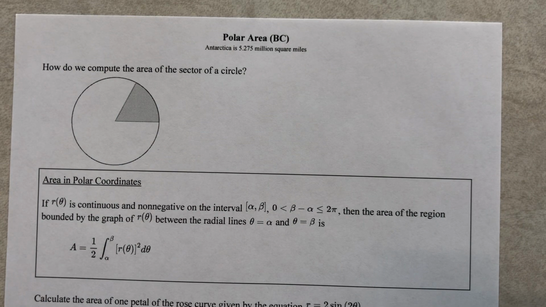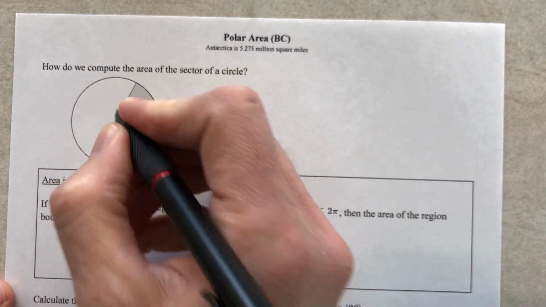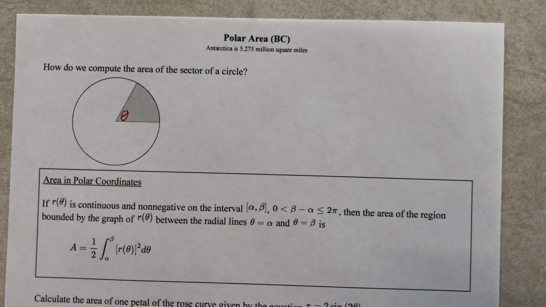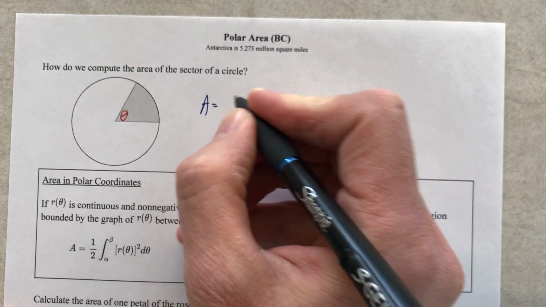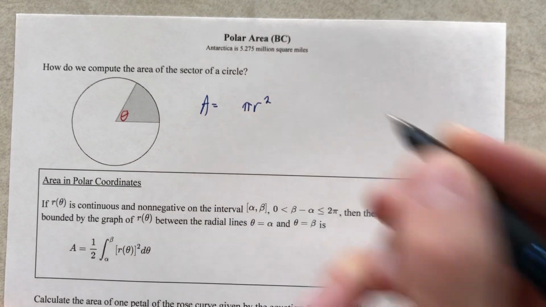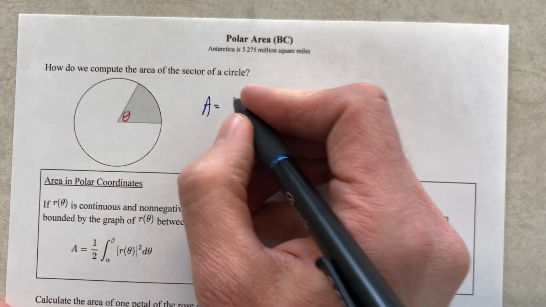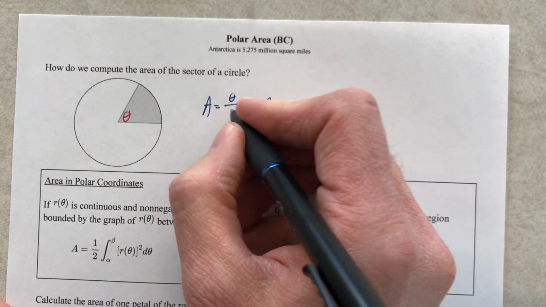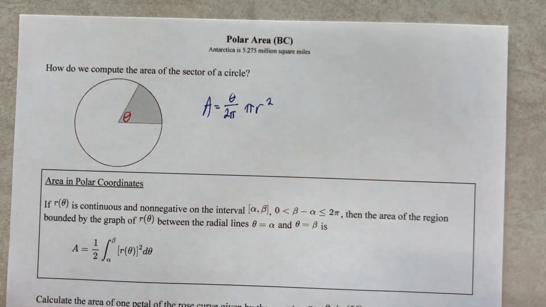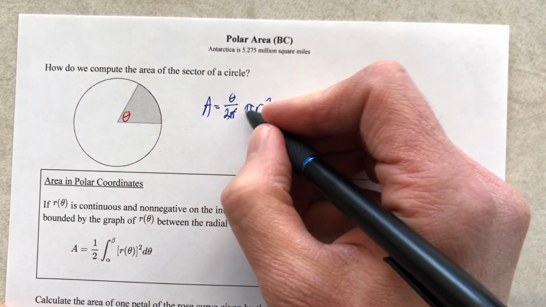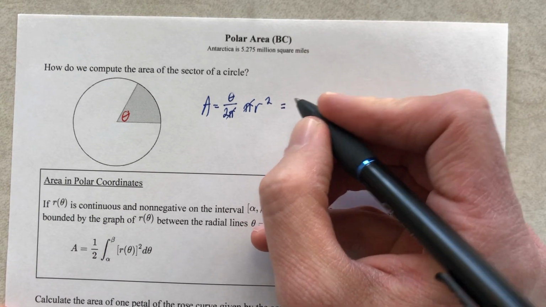Well, glad you asked. Let's say that this is an angle theta, and we're going to use radians, we're not going to use degrees. Given that this is theta, if I wanted to know the area of the whole circle, I would say, well, it's pi r squared, and that's great. I don't want the whole circle though, I just want this many degrees of it. Well, that many degrees out of how many degrees? Well, out of 2 pi radians, rather. And so then, for obvious reasons, my pi's would cancel, and I would be left with theta over 2